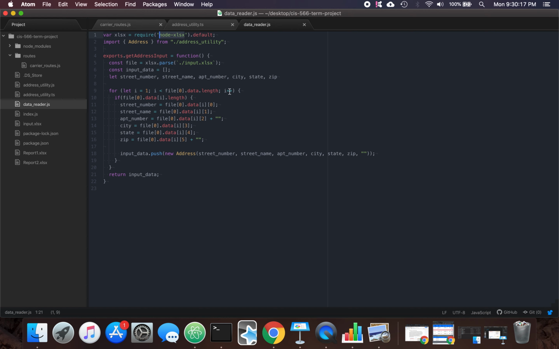And in terms of the back end, this is the code that's used to actually extract the data from the input file and save the input addresses in an array that consists of address objects. And then in terms of the actual design patterns,